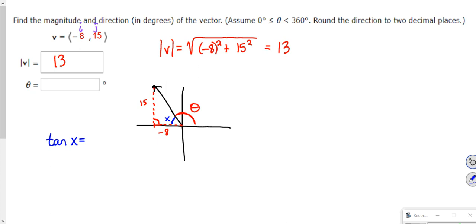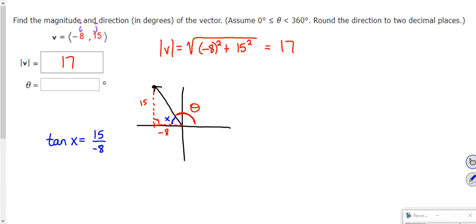You know what? I wrote the wrong thing. Why did I write 13? That's why I was looking. This is not 13. That doesn't make any sense. Your hypotenuse is going to be longer than your side. I looked at a different problem. This is 17. I should have just poked it in my calculator from the start, I guess, and done it brand new. So tan x now, let me go back to that, is opposite 15 over adjacent